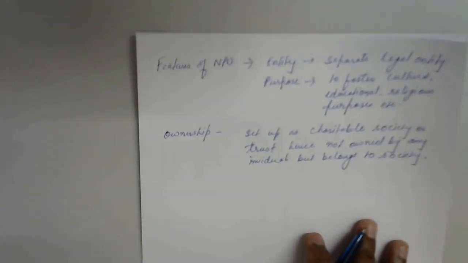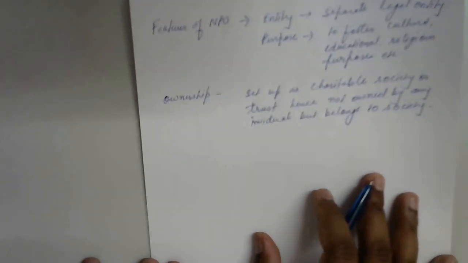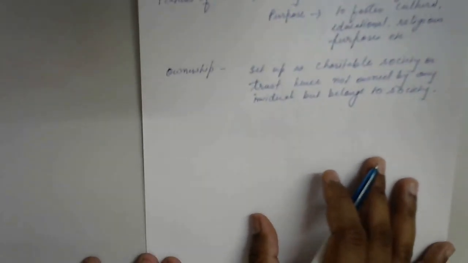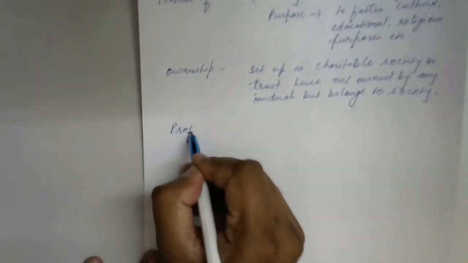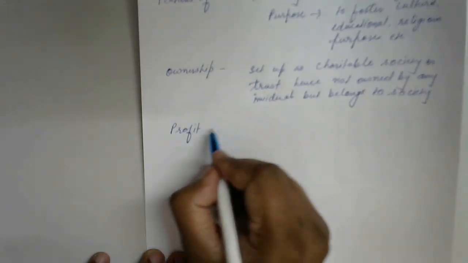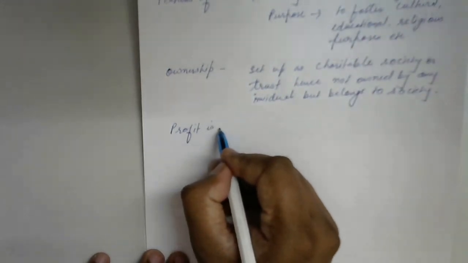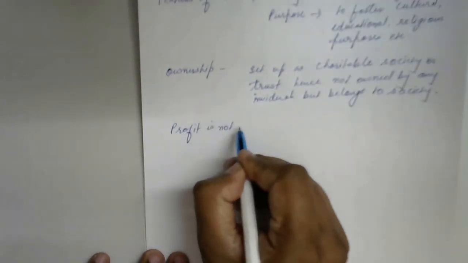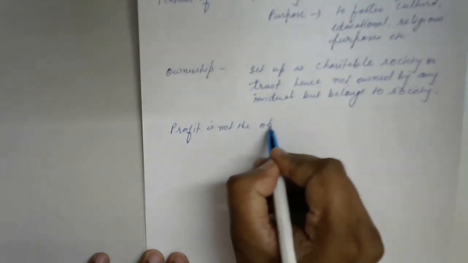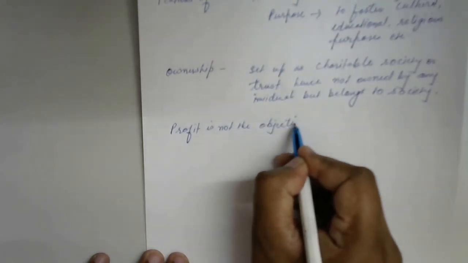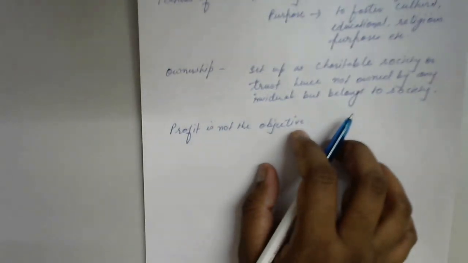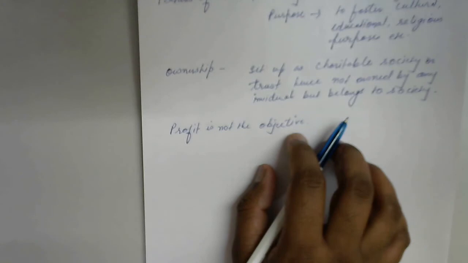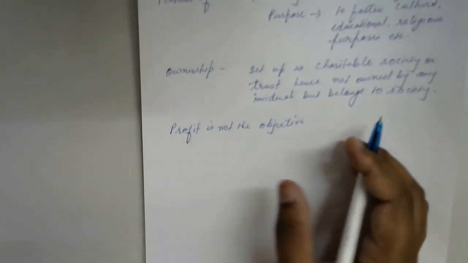The next feature we are going to discuss is that profit is not the objective. That's why the name is apt, not-for-profit making organization. Profit is not the objective. The name is apt, it justifies that it is not being run for a profit motive. What does it earn? It earns surplus, and that surplus is necessary to maintain its operations. Definitely,